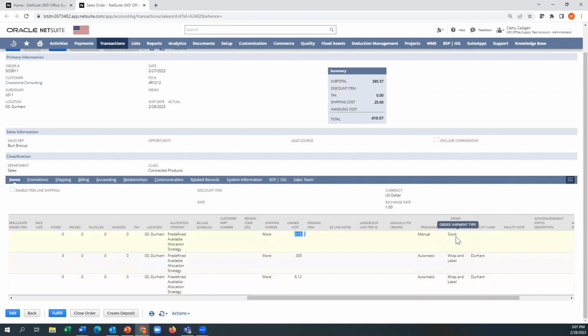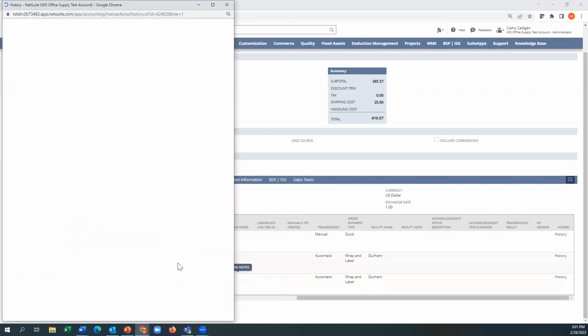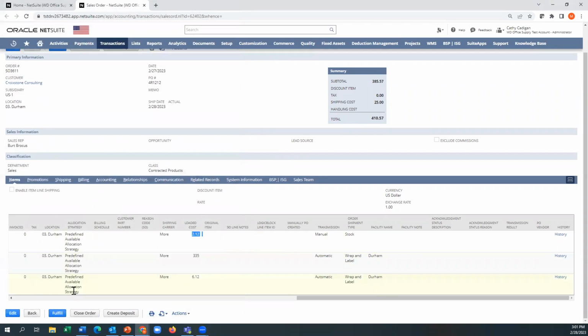You can see that this is stock or wrap and label, how the transmission is going to occur, what facility it's being shipped from, and other transmission information about that item. I can follow the whole history just by hitting the history button, where NetSuite tracks every change, every update to the record at any time.